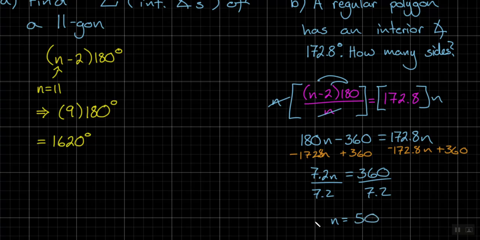What we have just found is if you wanted to make a 50-sided table, which would be obnoxiously large, when you're going to cut your piece of wood, each of those interior angles would have to be 172.8 degrees. Now, nobody's ever going to build a 50-sided table. That's kind of obnoxious. But if you wanted to build a table that's more than just 4 sides, which I think makes sense because a lot of families have more than 4 people,